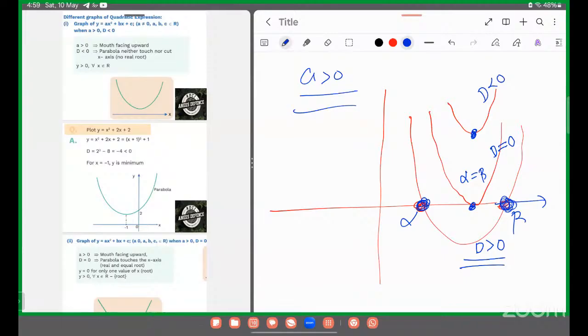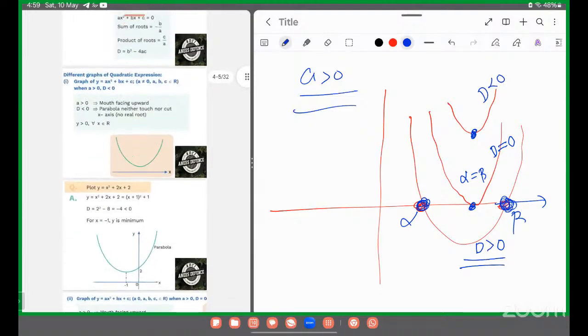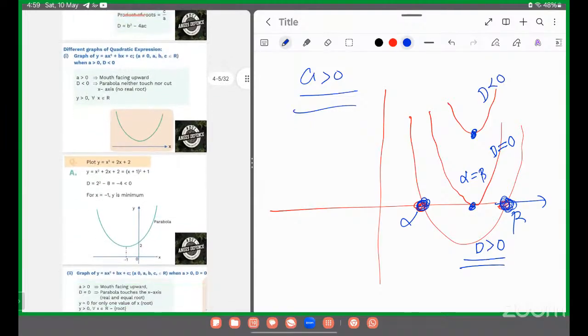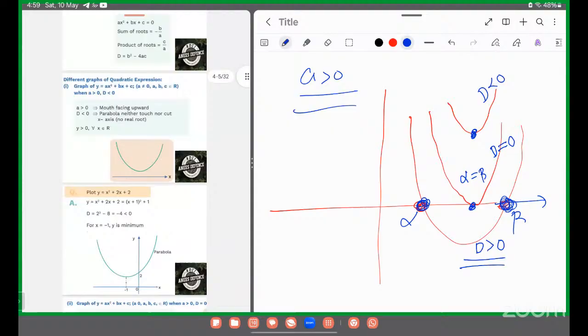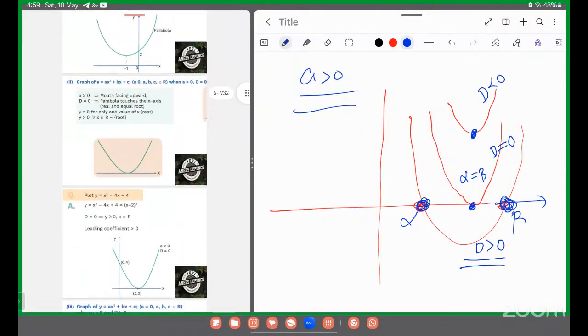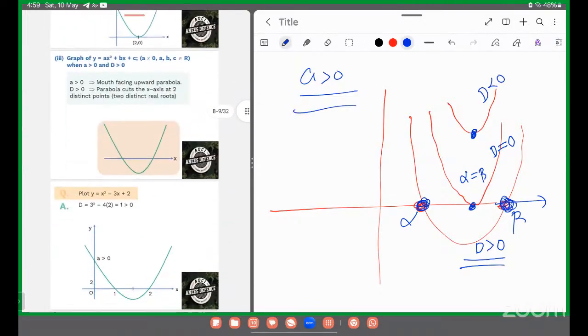the real axis or the number line. So since it is not intersecting or touching the number line, we can say that there is no real root. There will be only non-real roots, or we can say that imaginary roots exist for that case. So these three graphs are showing the examples: this one is when D is less than 0, and this particular one is